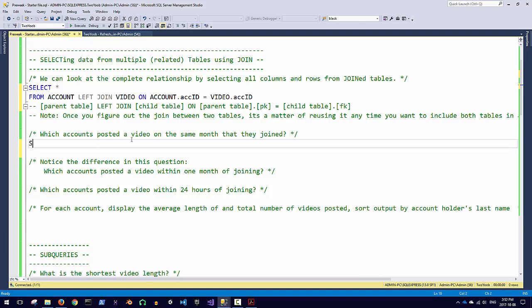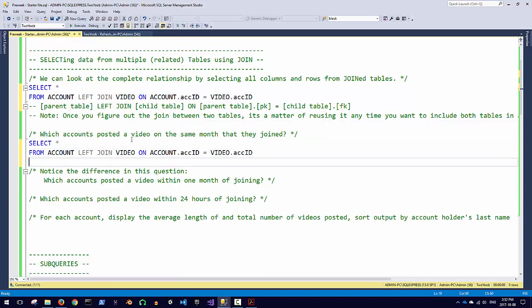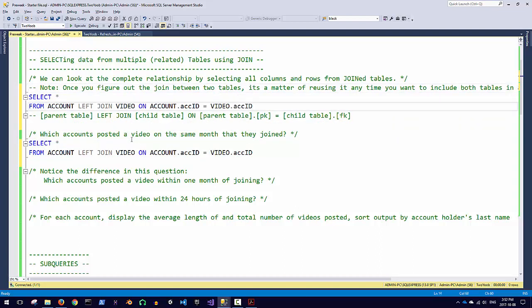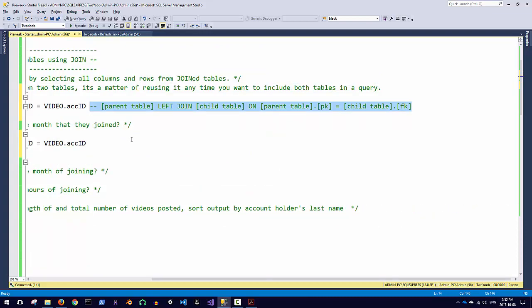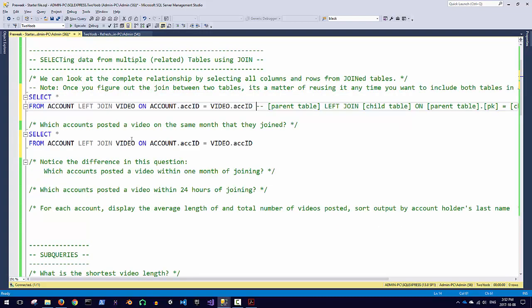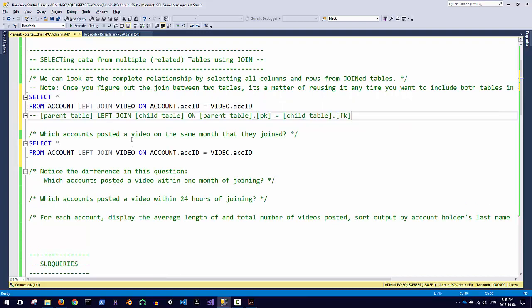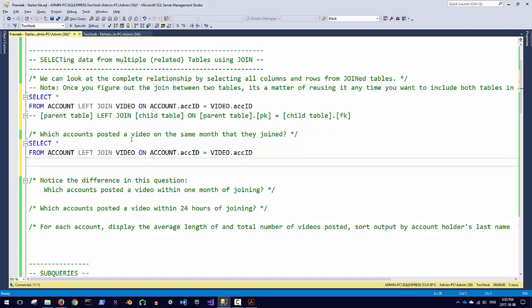So I'm going to, once again, select, and we'll start with everything, and I'm going to borrow this whole join again. I figured out that join. I don't need to mess around with it anymore. Okay. I'll keep the comment on the second line because this comment's meant for the join. Which accounts posted a video on the same month they joined? Well, here we are going to